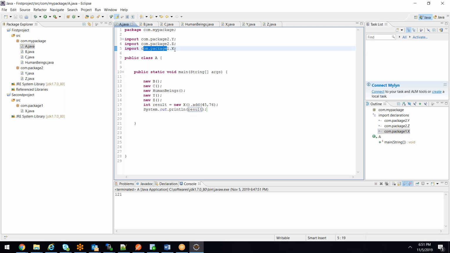So I'm importing the class X from this package into this class. Now class A knows what is class X. So now I can create the object of class X and call the add method, so that all the 1,000 lines of logic which she has written will be executed, and finally I'll get the output and capture that output in this variable.